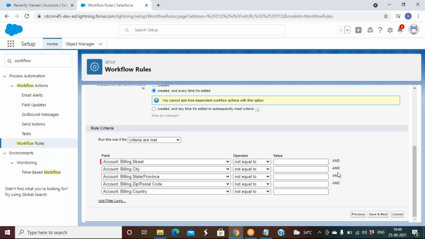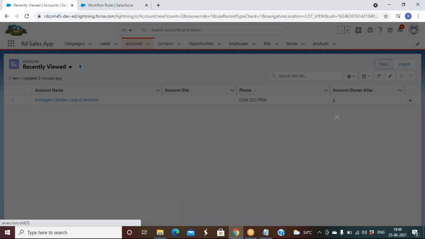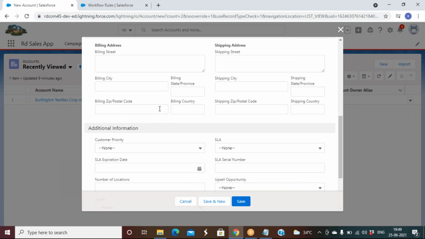But assume sometimes the user might not enter data in all the fields, right? At the time of creating a record, he might not have all the fields' data.